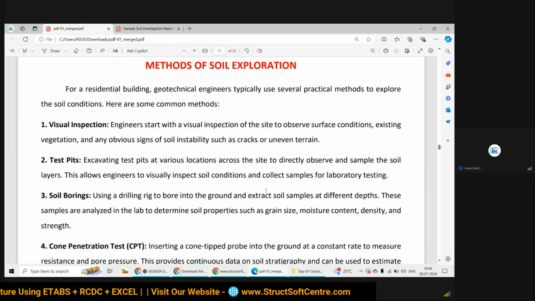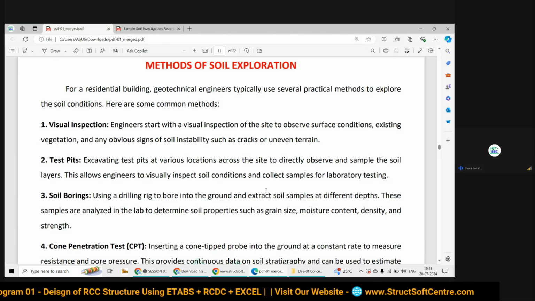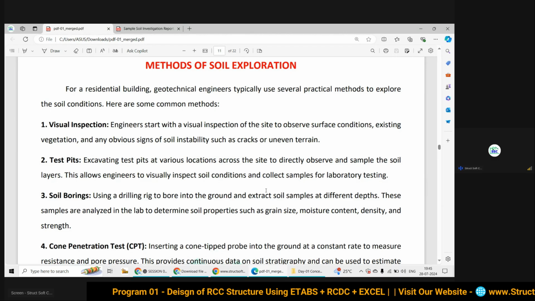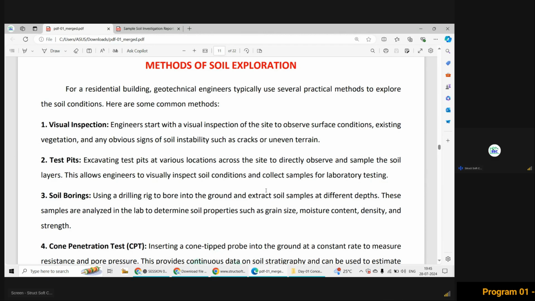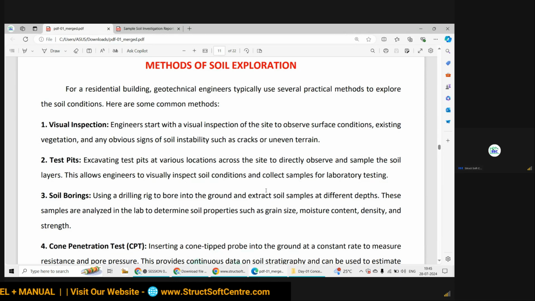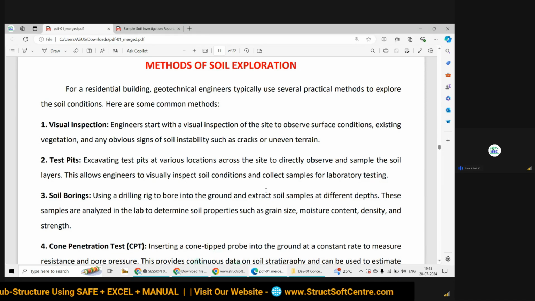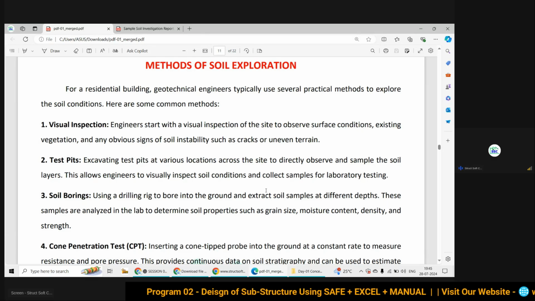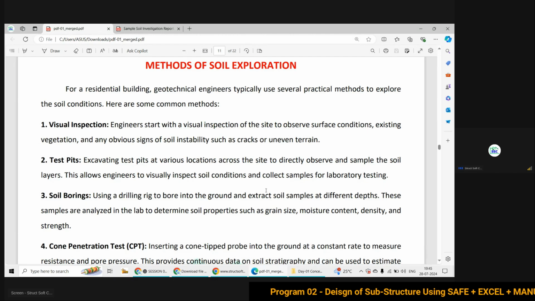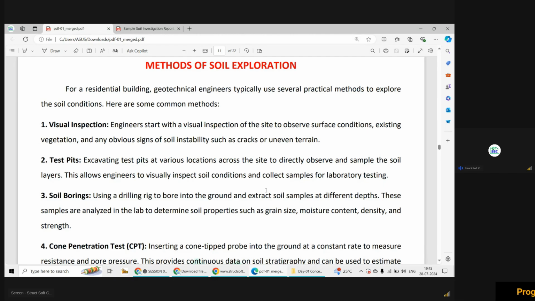We have to know the capacity of the soil, first thing. Second thing, we have to ensure that whatever load we are going to put over the soil, our existing soil is capable of bearing that load or not. And third, if the capacity is not enough to carry the load, what will be the remedial measures. To suggest all these things, we need to know the existing capacity of the soil, first thing. Second, what